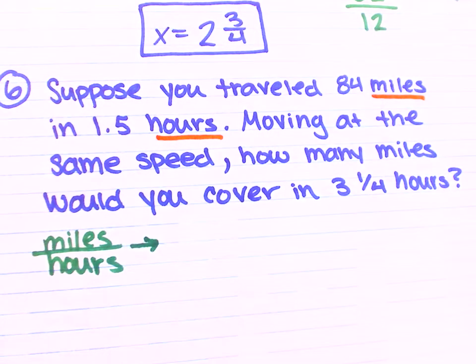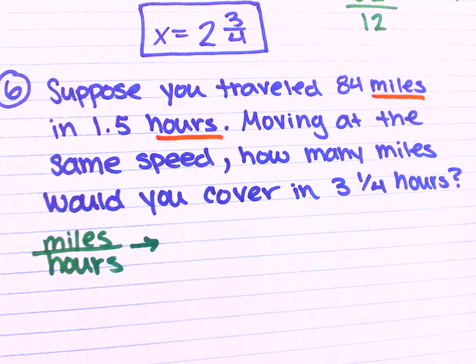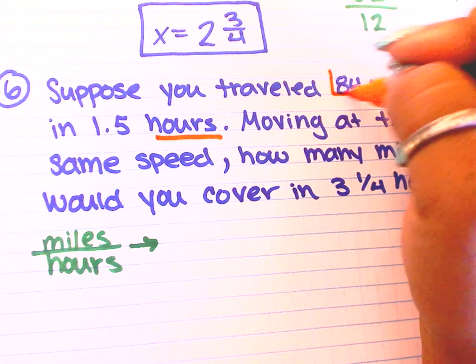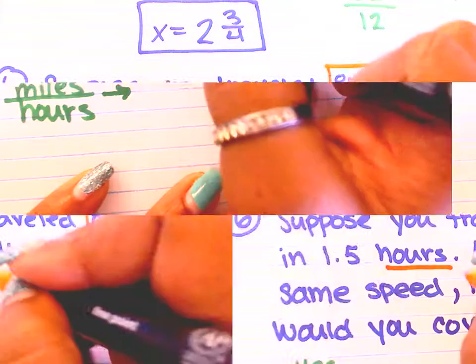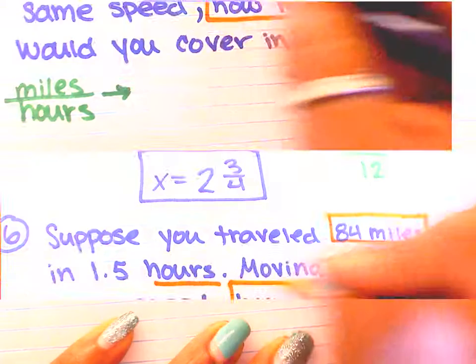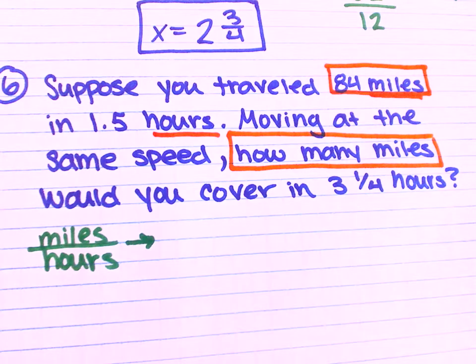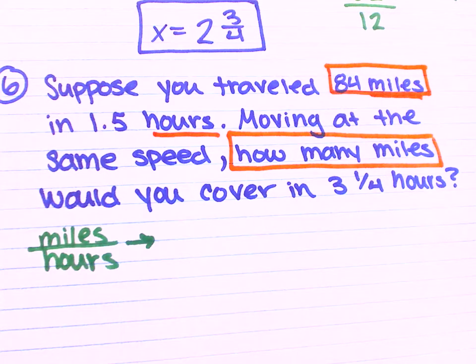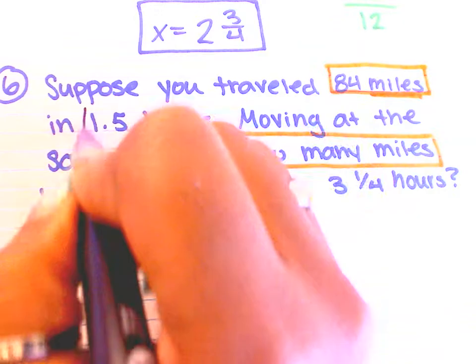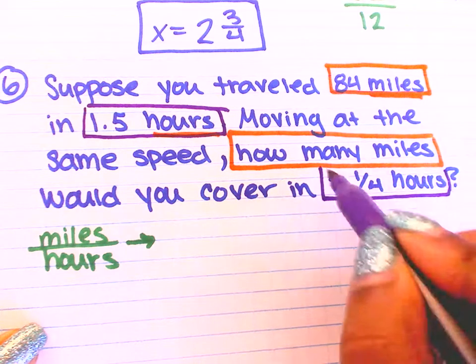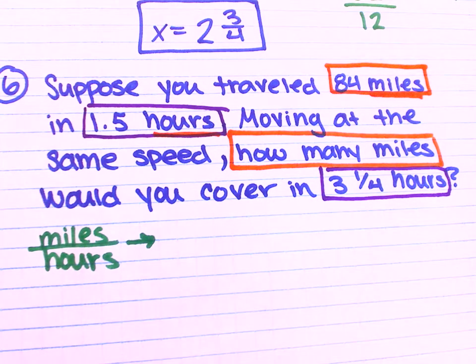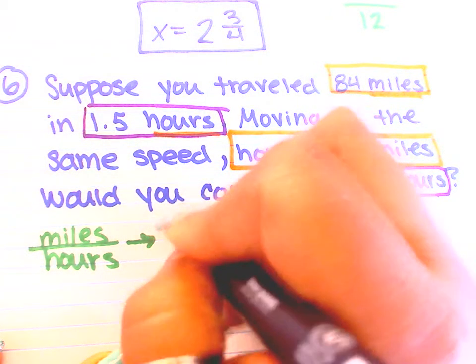So if I'm using miles to hours, I'm going to look at that problem and say, miles, I have this 84 right here. And they're asking me, how many miles? So I know that's going to be a variable. Then I look back at the problem again and I say, I have 1.5 hours and 3 1/4 hours. So I found my proportion. Okay? Here we go. So I should have 84 miles